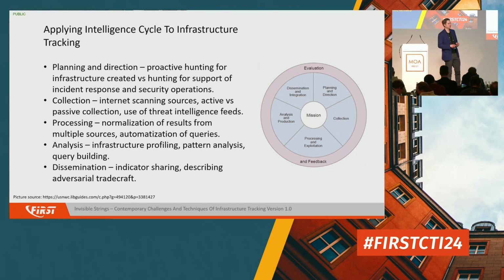But probably the most difficult part will come from the processing analysis. As I noted, the wealth of data is there. It's just a matter of how much we can ingest first in the platform of our choice or any analysis tool, and then, after processing them, how much we can extract from those. And finally, we will shortly touch on that at the very end of the presentation, is dissemination, because many